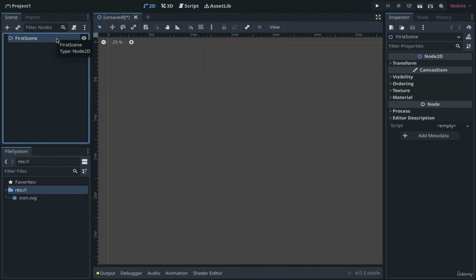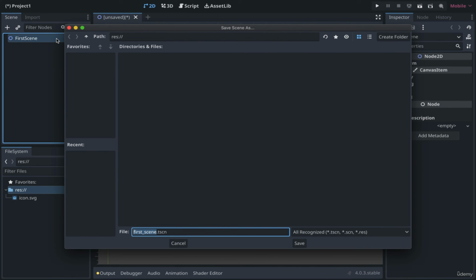So if you're on Mac, just press Command S at the same time. But if you're on Windows, then you need to press Control S at the same time. So yeah,